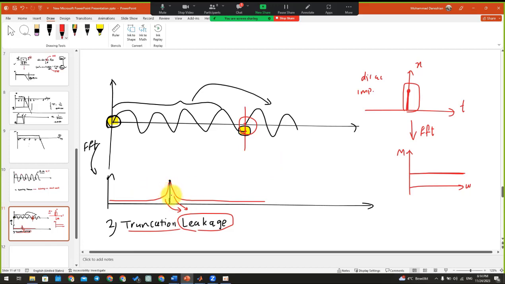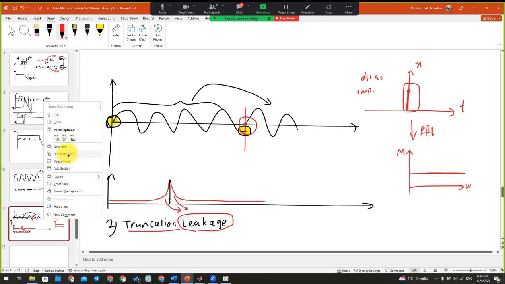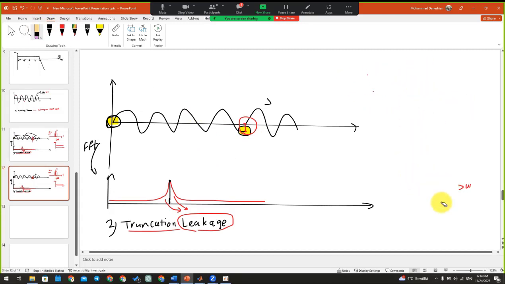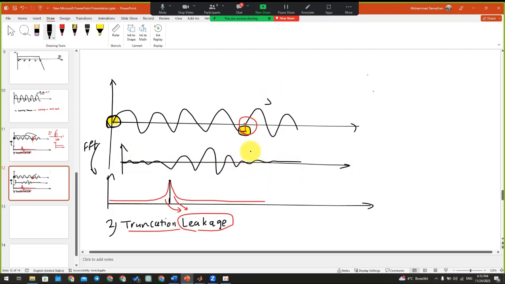So what we can do to reduce this truncation effect is use a windowing function. What the windowing function does is multiply the raw signal with a signal like this. Oh, sorry, it's supposed to end here. It's multiplying the original signal with this windowing signal,